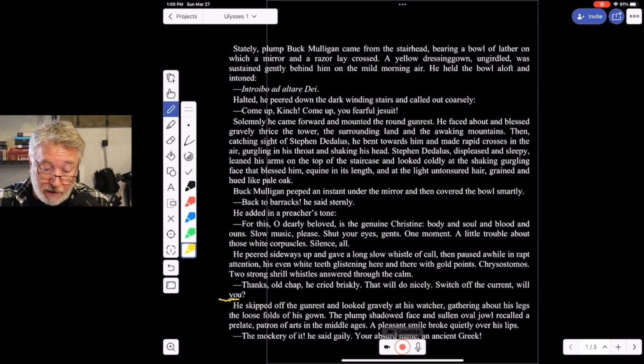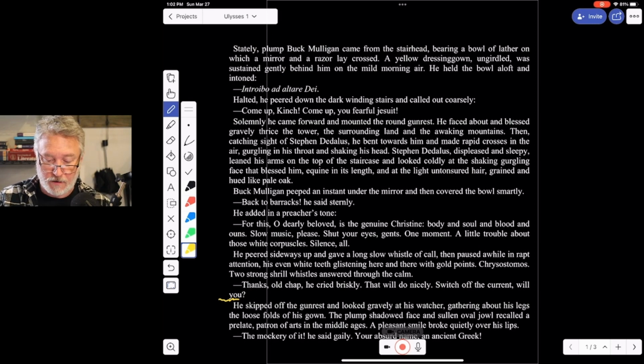Now, I do recommend also keeping your phone near and looking up anything that's in a foreign language, especially the Latin, because Ulysses has a lot to do with the Catholic Church, the different liturgies or rituals. I'm not Catholic. I've learned a lot from studying Ulysses and James Joyce about the Catholic Church, but I don't know all of it. So if you look that up,